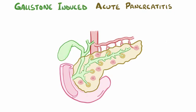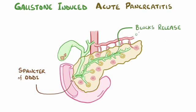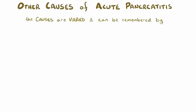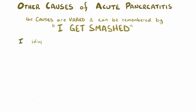With gallstones, what happens is that they sometimes get lodged in the sphincter of Oddi, which blocks the release of pancreatic juices, which is pretty similar to the alcohol-induced protein plug. But the causes of acute pancreatitis are varied, and most of the important ones can be remembered by the mnemonic I GET SMASHED, where I refers to unknown or idiopathic causes, G is obstruction by gallstones, E is ethanol abuse,